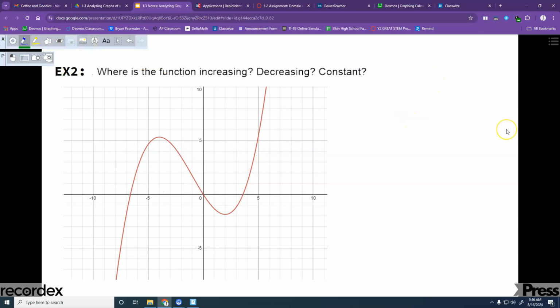All right, so this one's a little more complicated. We're looking for increasing or decreasing. So if we look for, I'm just going to start on the left. What am I doing right here? Increasing. Where do I stop increasing? Right there, right? And then it's going to decrease in the middle. But then, over here, we increase again, right? So if I want to tell where this is increasing,